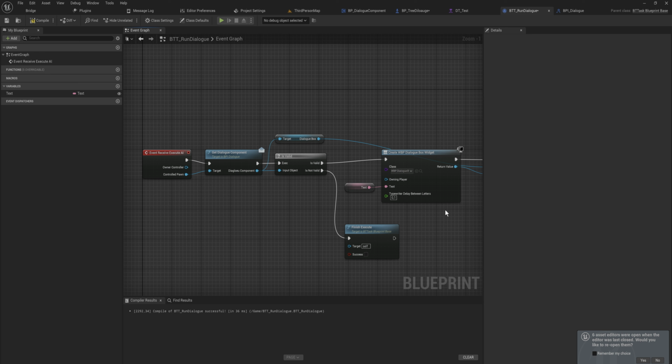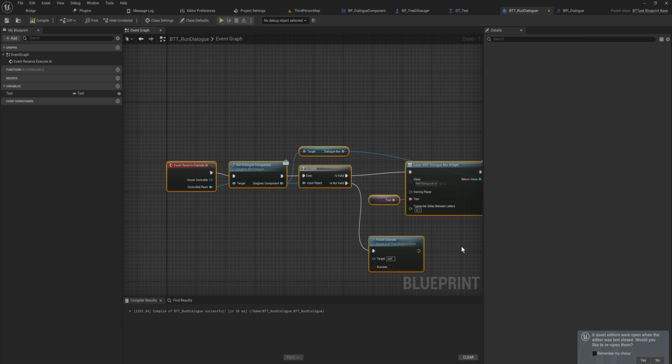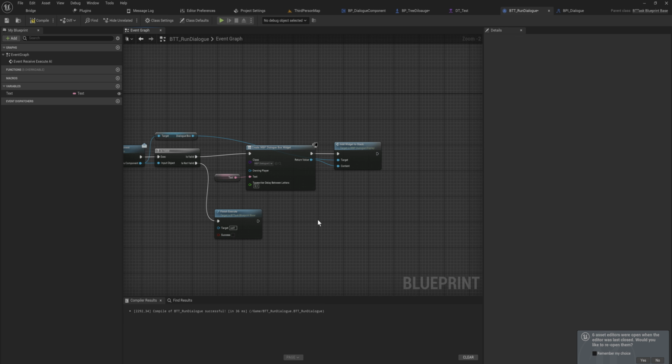But now we get to the fun part, because we can add this text, but now how do we detect when we need to move on to the next text? We want to do that through player input, but we can't really register player input directly in this behavior tree task, so we need to do this through an event dispatcher. We already have